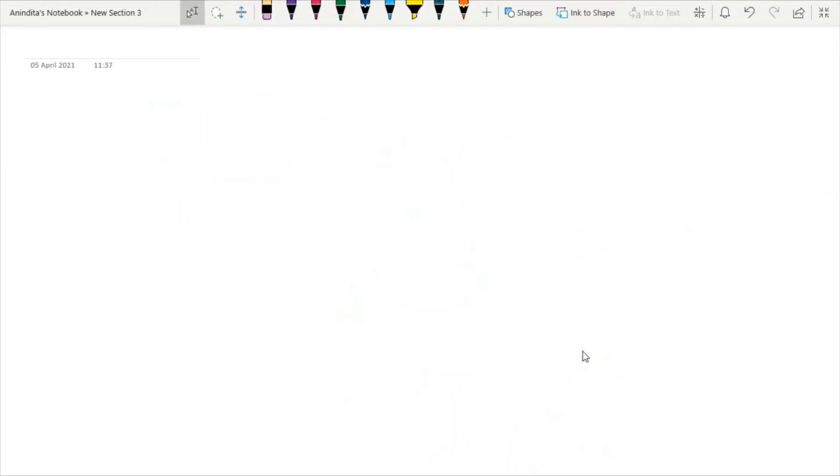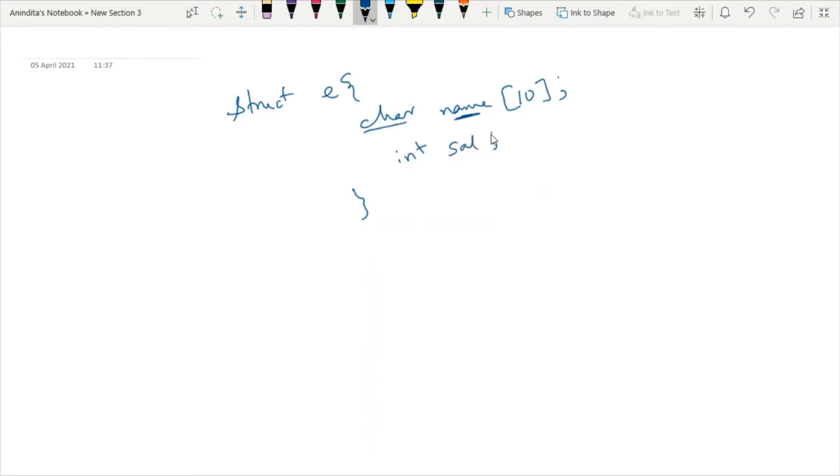Now I will discuss array of structure. Means the variable that I was talking about, after writing the structure definition, you have to define the variable of a structure. That variable can be an array. What I mean to say is that, whenever you have a structure, say E is the tag name, and if you have any member of type character, which is a derived data type array, and say we have some other members.